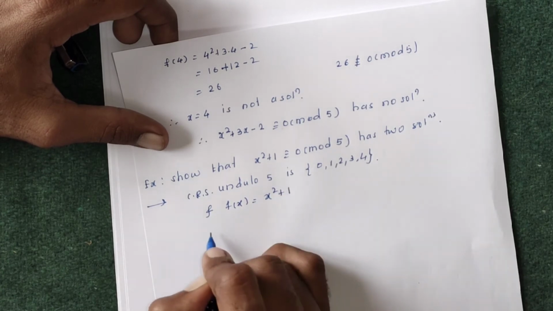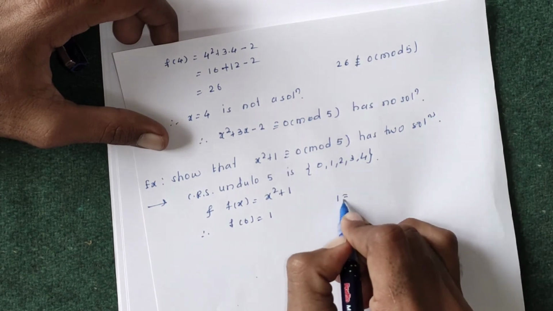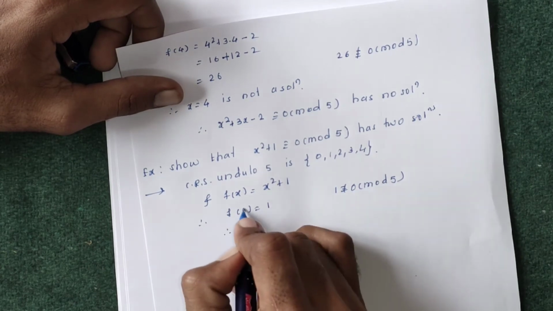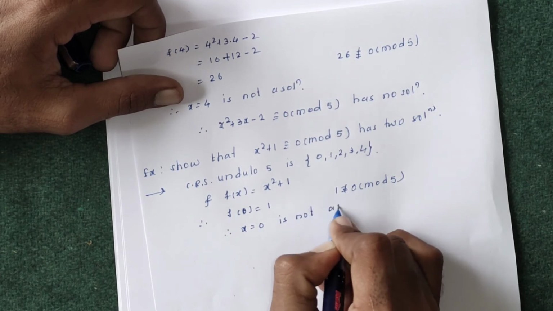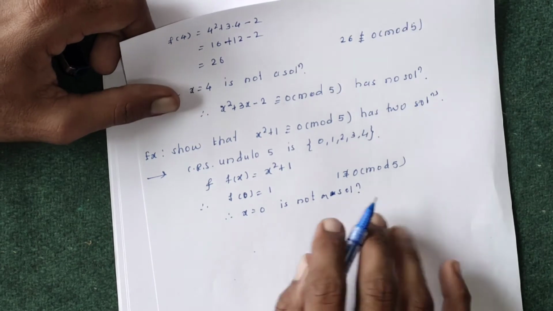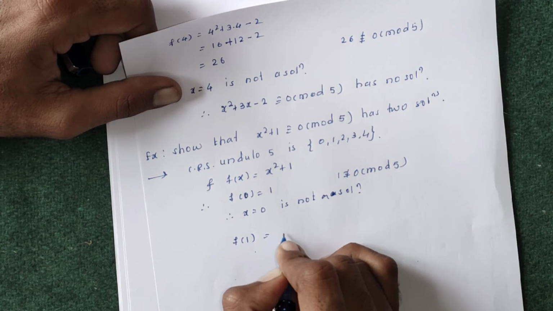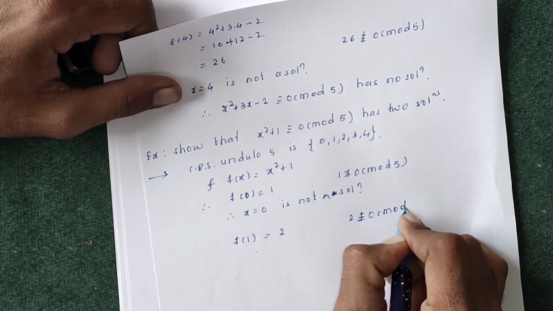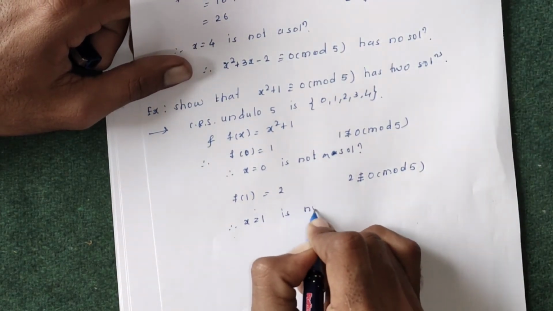x square plus 1. So for x equals 0, f of 0 is equal to 1, and 1 is not congruent to 0 modulo 5. Therefore x equals 0 is not a solution of the congruence x square plus 1 congruent to 0 modulo 5. Now for x equals 1, f of 1 is 1 plus 1 is 2, and this 2 is not congruent to 0 modulo 5. Therefore x equals 1 is again not a solution